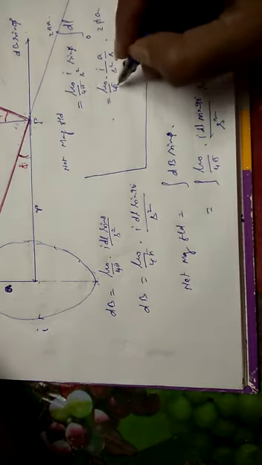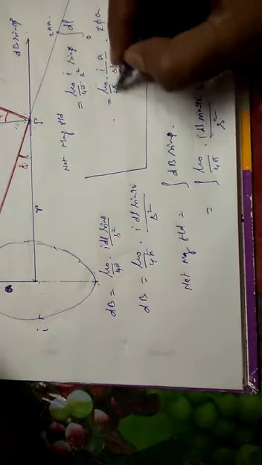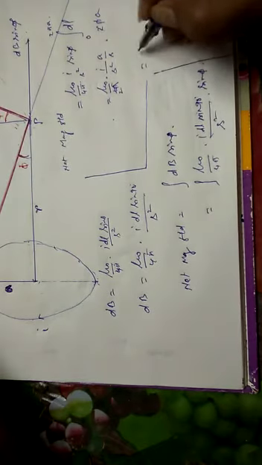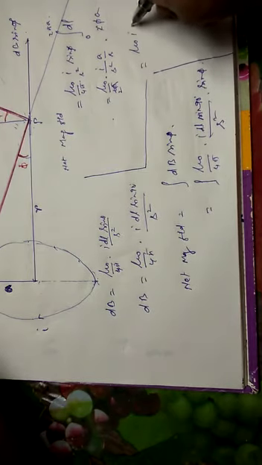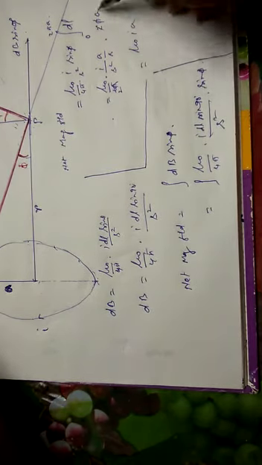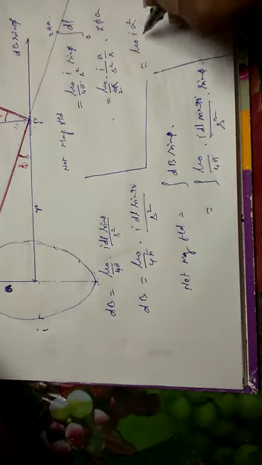So pi gets cancelled, and 2 and 4 get cancelled, it is 2. So your net magnetic field is mu naught I a into a square, mu naught I a square by S cube,